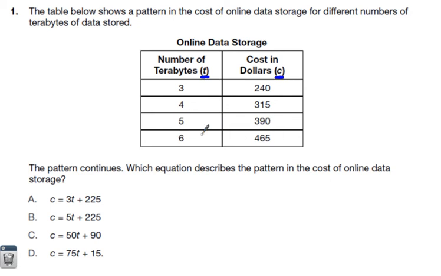I think some people are just very good with these kinds of table patterns. Maybe I should put it this way: what do you do to 3 to make it 240, and what math do you do to 4 to make it 315? It's the same math. What would you do to the 5 to make it 390? Some people are just very good at patterns and tables, but I would contest that if you are given a table